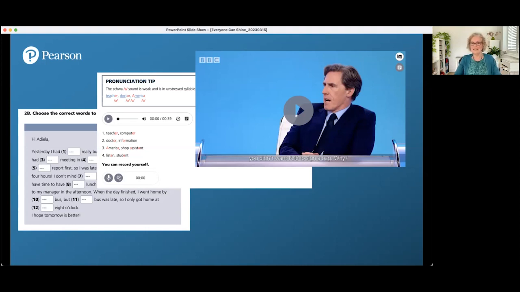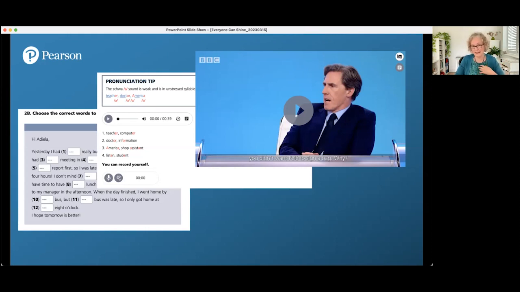This is a fantastic one, which is Would I Lie to You? And the learners have to decide whether a story is true or false. And someone says that he stopped Pele signing his bag. And he tells this story, and everybody has to ask him questions to find out whether it was a true or a false story. Great fun. But the learner can use this at home and can use subtitles if they want to